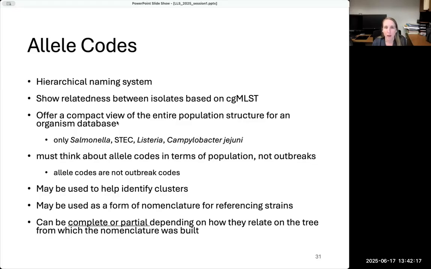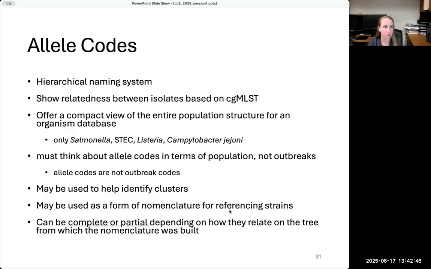It's going to offer a compact view of the entire population structure for an organism database. So they're set up for Salmonella, STEC, Listeria, and Campylobacter jejuni. And then we must think about them in terms of population and not outbreaks, right? So they're distinct from outbreak codes. They can be used to identify clusters, or help identify clusters, and as a form of nomenclature for referencing strains,